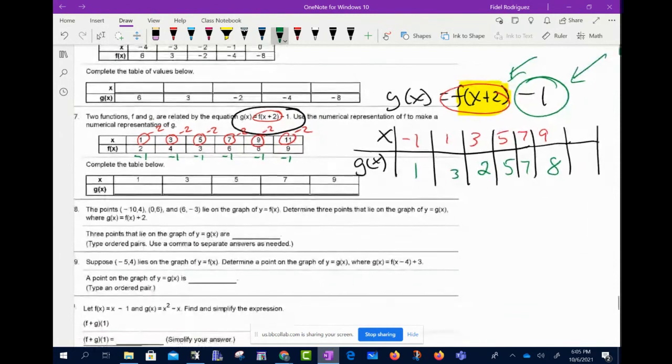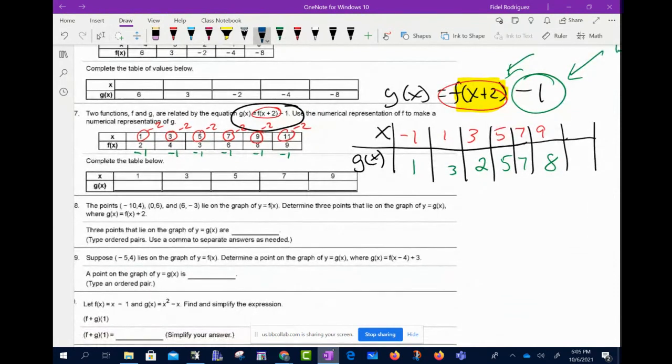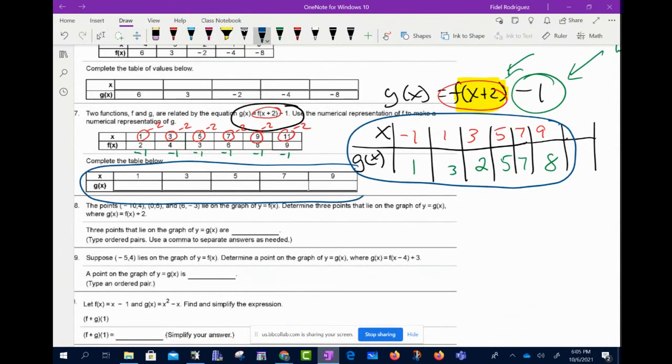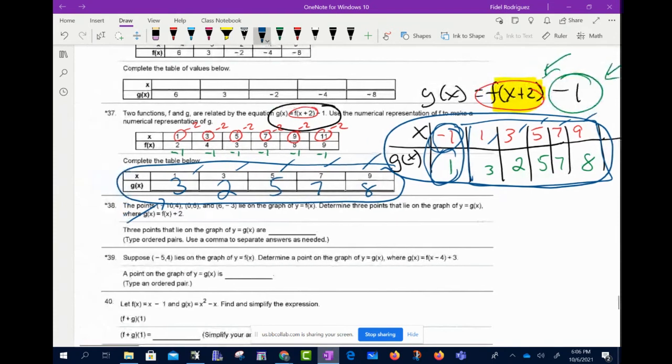Okay, now what I want y'all to take a look at is what we wrote right here and what we have right here. It's almost the same with the exception of this part. All this part is telling me is they don't really care about this piece right here. We're just going to use this part of the graph. So look, x values 1, 3, 5, 7, 9. What are the y values? 3, 2, 5, 7, and 8. And that's how I would do my